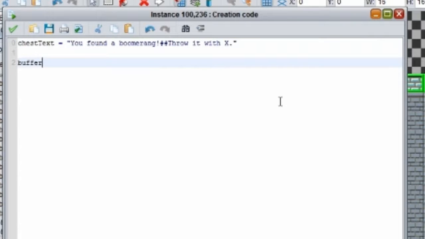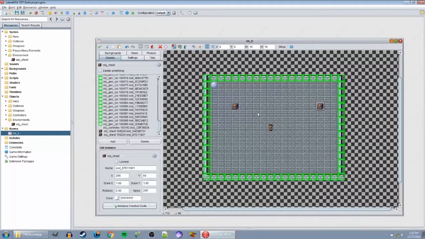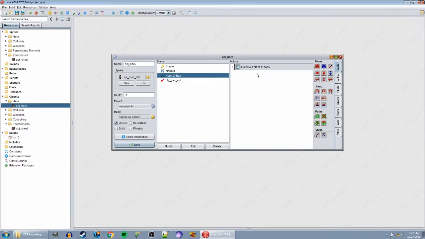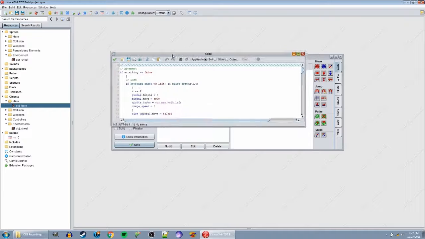And then buffer equals 1. And that is our 2 chests. Should be mostly completed now. The only thing that we have to do is define a point for our items to not work until we get them from the chests. So we do that in the object hero. Go to step event, and then